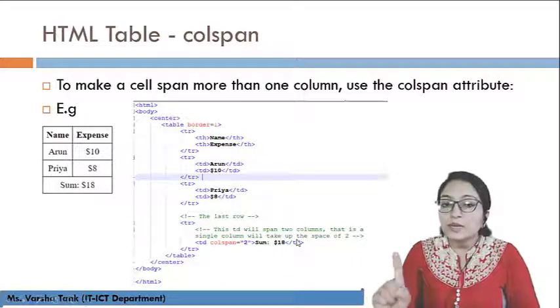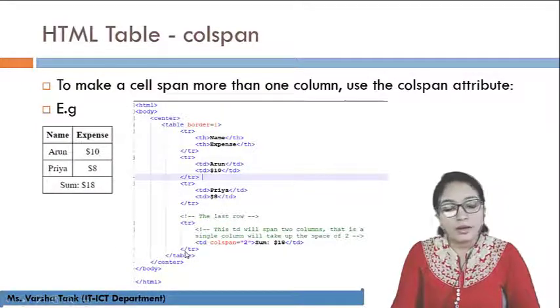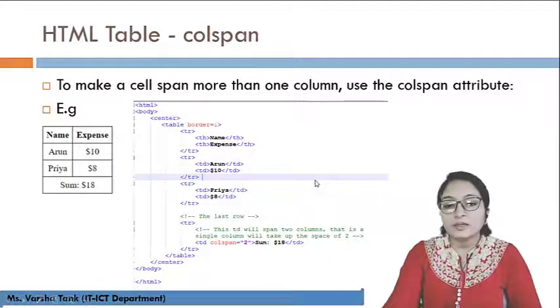Remember, there is only one TD tag. Why? Because we have merged these two table data, so only single table data is there. Got it? And after that you have to complete this TR, the table row, then the table, and then we have just used the center tag to display the table in the center. That's why. Got it? So let's see this in the practical.